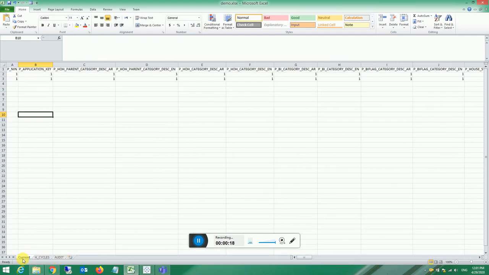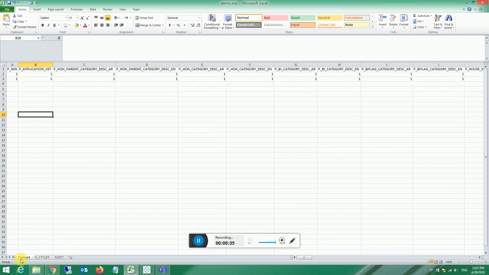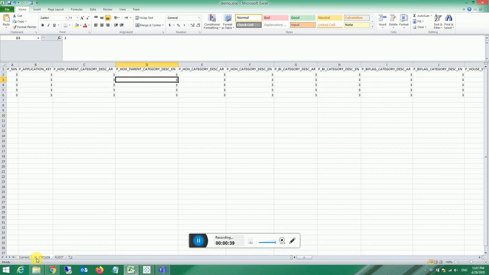Table 1 contains the current information. This information can be inserted and updated very frequently. And this historical table does not need to change very frequently. It might change after the current cycle data needs to be moved to the historical information. It can happen once in a while, not every day. So these values will remain constant. It will not change. It will only change once in a while.